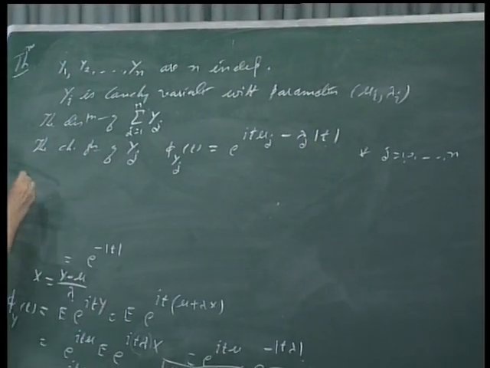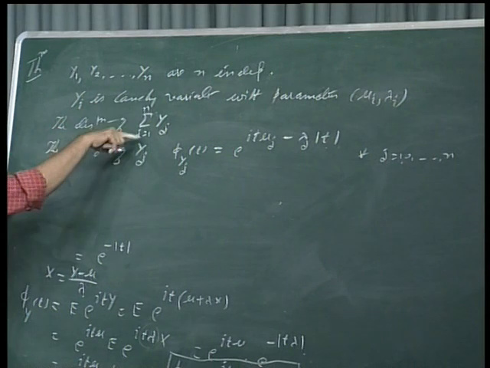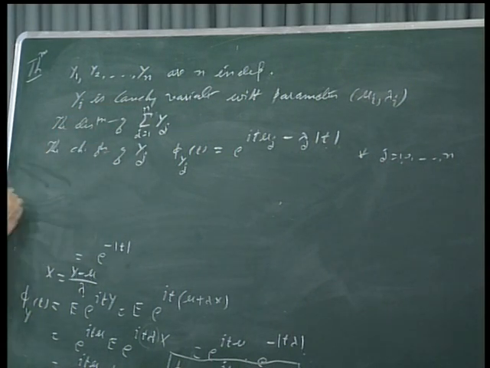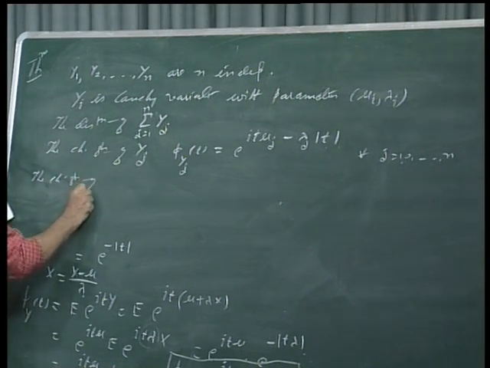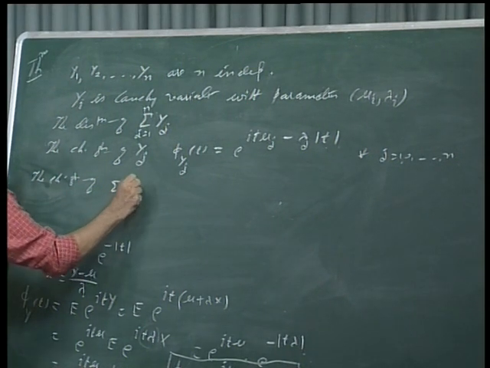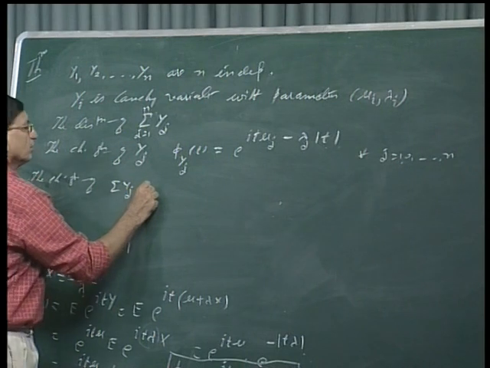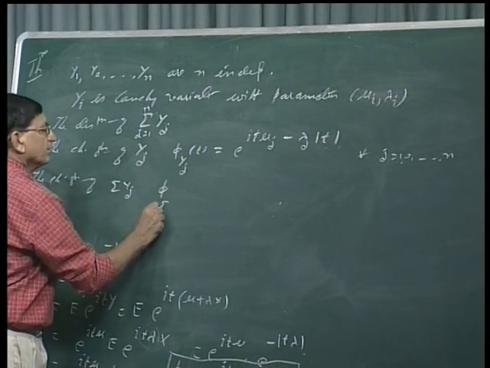Now actually we have to obtain the distribution of sigma yj. So let us obtain the characteristic function now of sigma yj, that is phi sigma